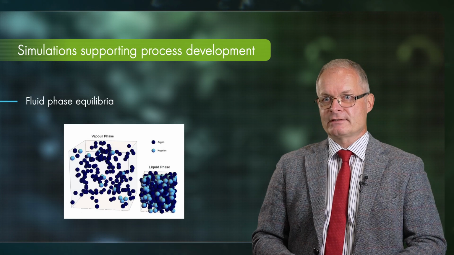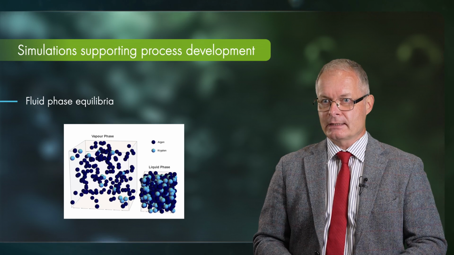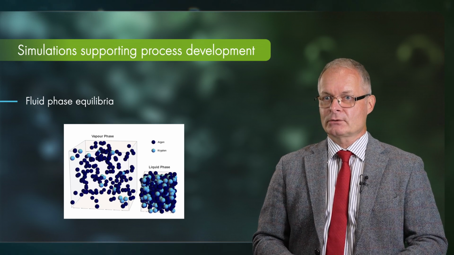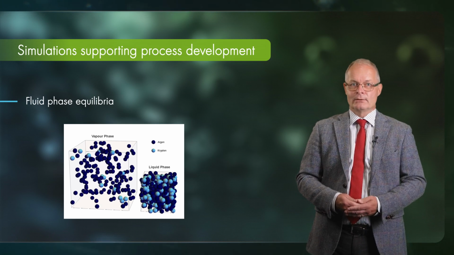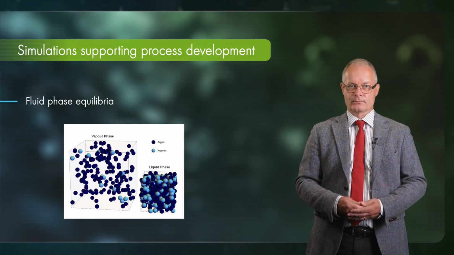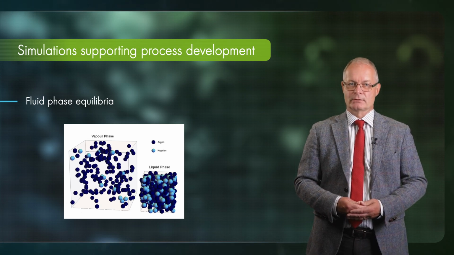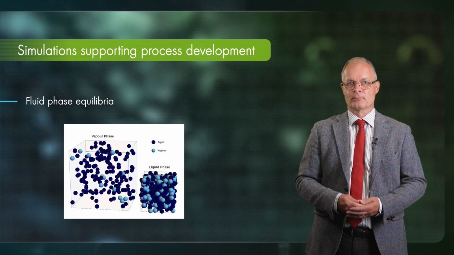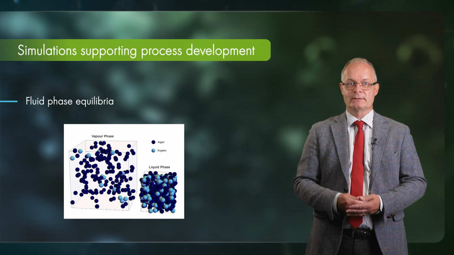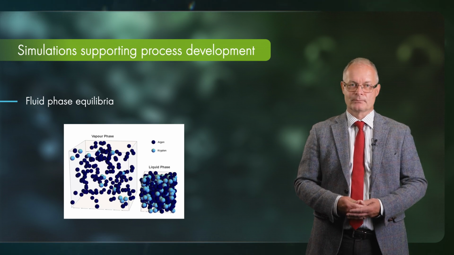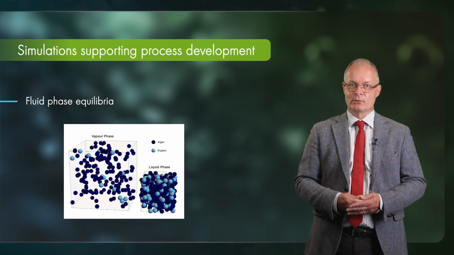A further issue is the estimation of fluid phase equilibria, in particular of mixtures lacking experimental data or at inconvenient states. For this kind of problem, molecular simulations can be used. One powerful method is the Gibbs Ensemble Monte Carlo method, which uses two simulation boxes, one for each phase of interest, and provides thermophysical property data of the boxes in equilibrium. In the example shown here, a vapor-liquid equilibrium is simulated.